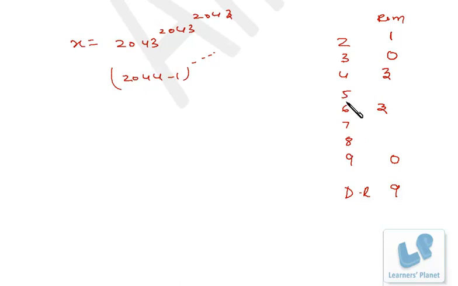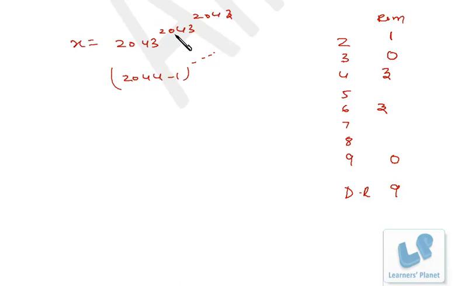In the case of 5, if we find the unit digit of this expression, then we can get the remainder. Now how do we find the unit digit? For that, you might have attended my unit digit session, that is cyclicity of power. After every 4, the cycle repeats in the case of 2, 3, 7 and 8. Here the unit digit is 3, so the cycle is of 4. First of all, I find out which cycle 2043 raised to 2043 is. It's 4k format: 4k plus 1, 4k plus 2, 4k plus 3.